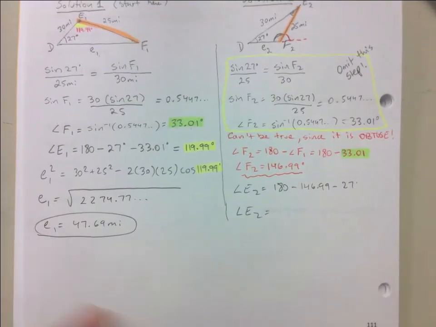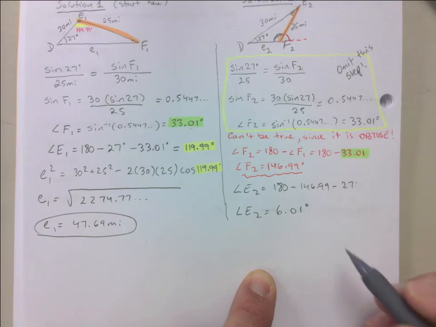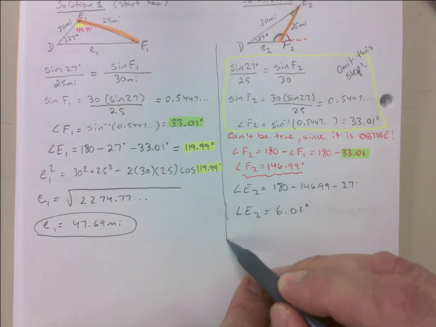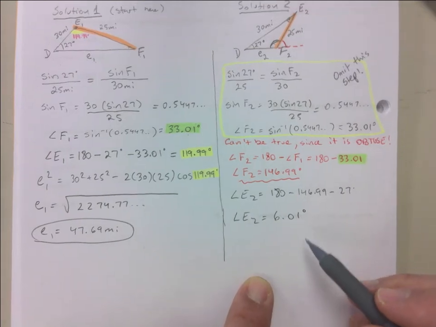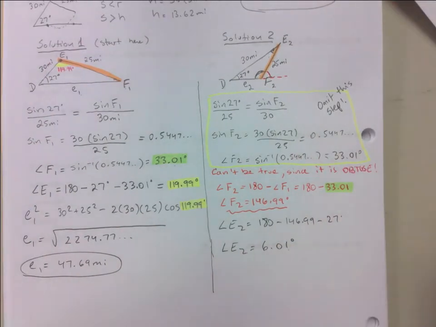When you do the math, you get a small angle, 6.01 degrees. If you want to follow with me, I'm going to label this one way up here in red pen. This is